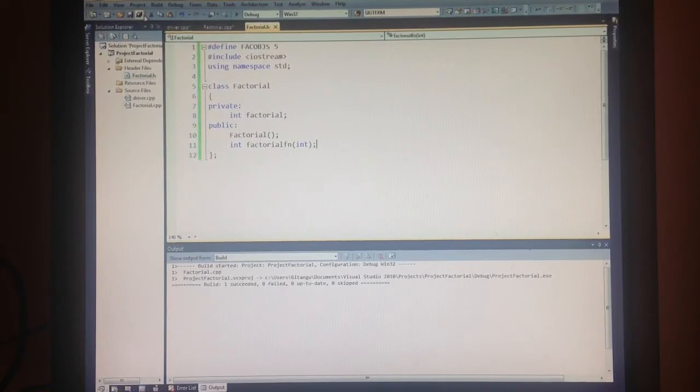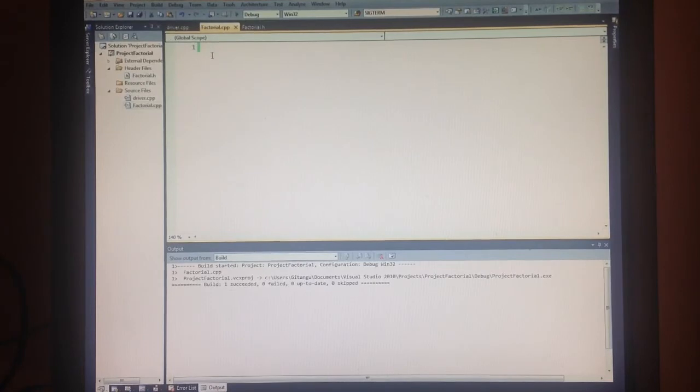And save all. Alright. Now let's write the implementation for that. Let's include our header file that we just created. Let's jump right in. Alright, so let's define how our constructor works. Beautiful. Alright, so we'll just want this to initialize a factorial, our variable. And one that's really important, as you'll see later on,